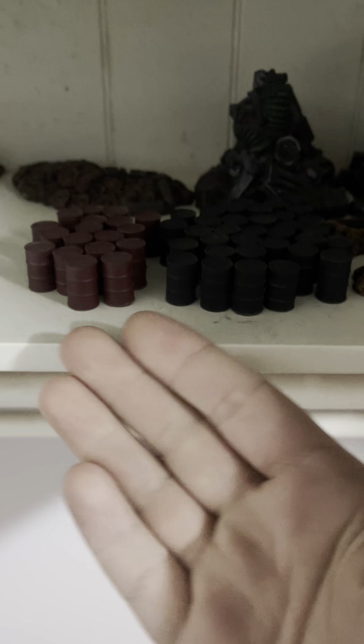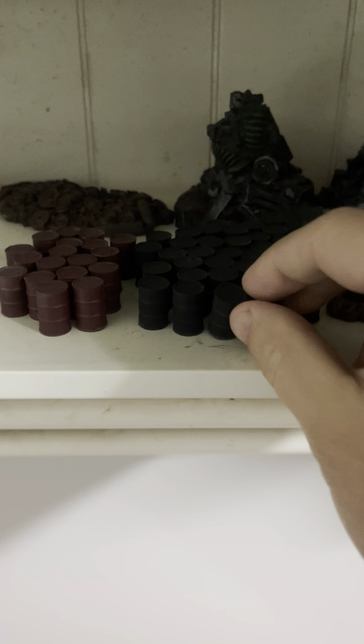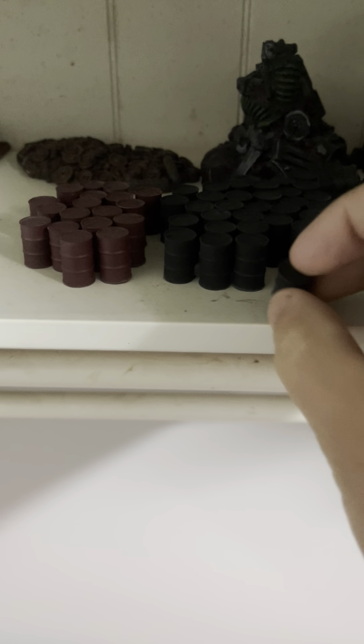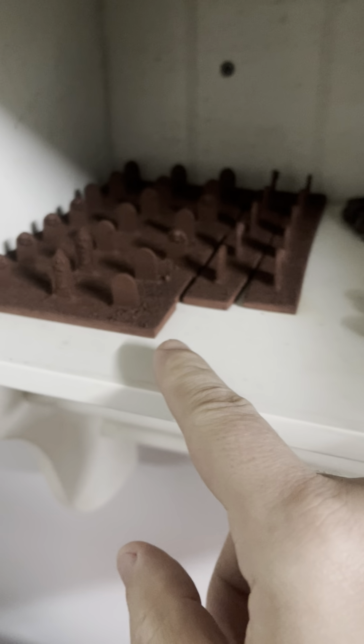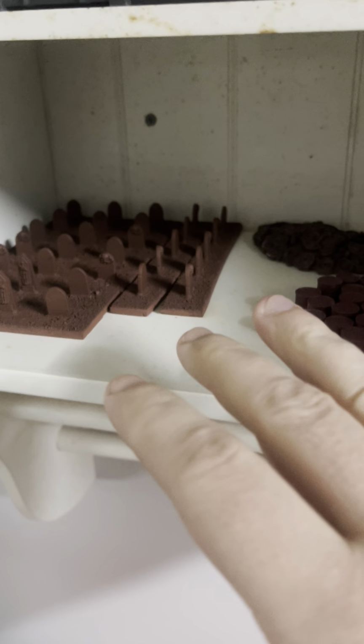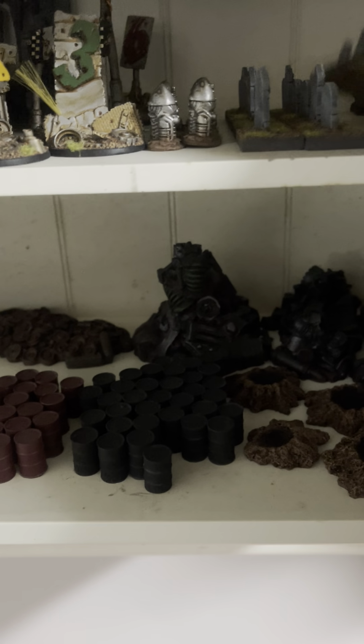You know, if you're a gamer, black and red barrels, it just happens. Scatter terrain is what you need. So that's what you get. Here I've got my strips of tombstones. Like I said, I want to build a cemetery board, so you've got to have them. Up here,